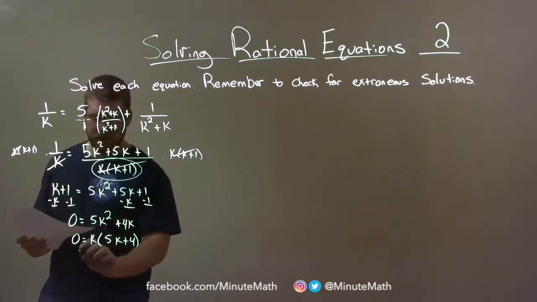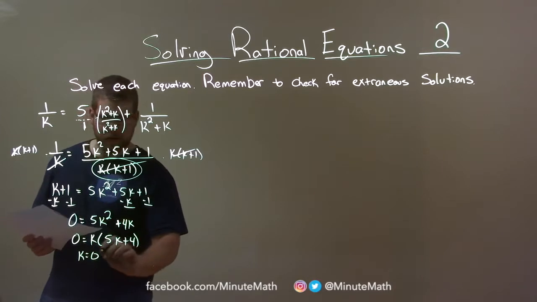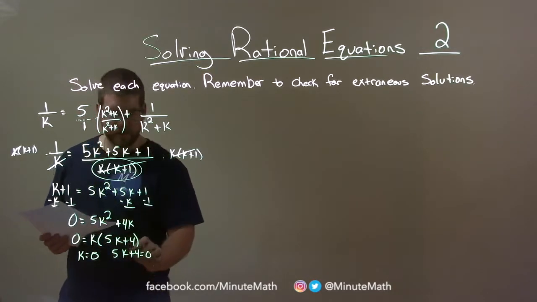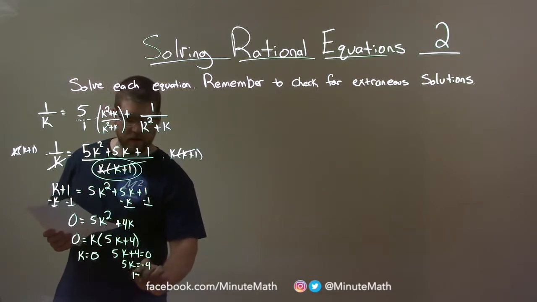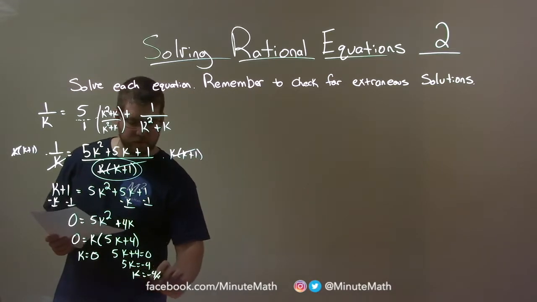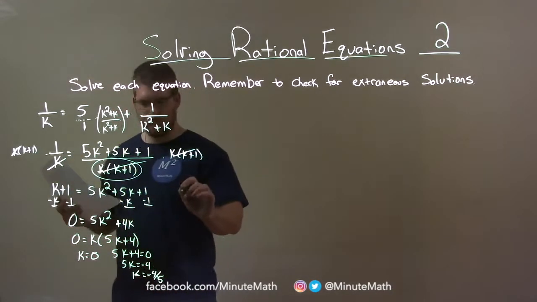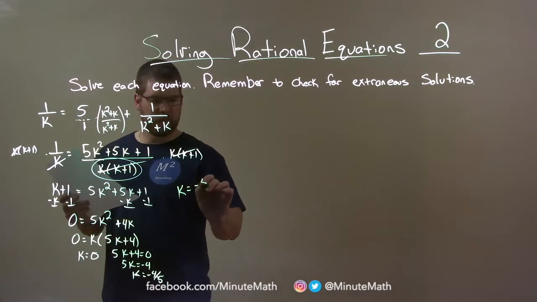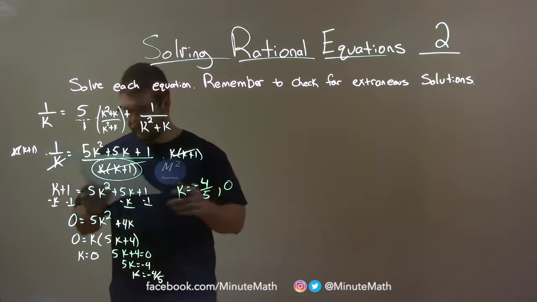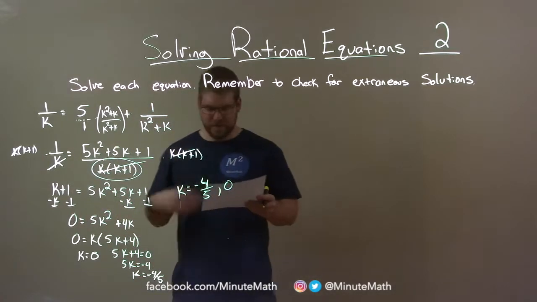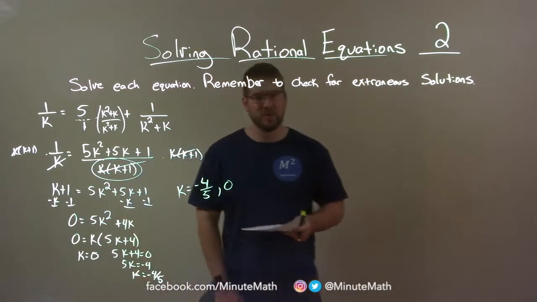So both equal 0. Well, k equals 0, and 5k plus 4 equals 0. Subtract 4 from both sides. 5k equals negative 4, and k is negative 4/5. So let's write them both up here. So we got k equals negative 4/5 and 0. So we want to check to see if any of these are extraneous solutions,